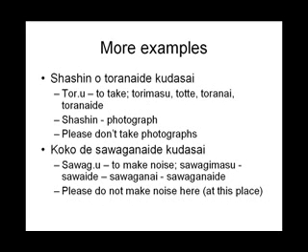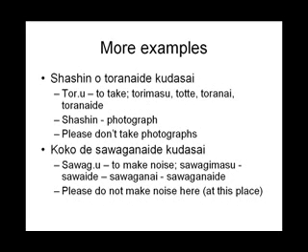The request is not so clear and obvious from the verb itself. What are we being requested not to take? The object is marked by o and it is shashin. Shashin means photograph. Please don't take photographs is the meaning of this request. It's common to find sensitive installations and locations prohibiting you from taking photographs. Maybe it is an airport, power plant, or the inside of a manufacturing factory. Photography is prohibited in these kinds of places. That is where this notice can be found.